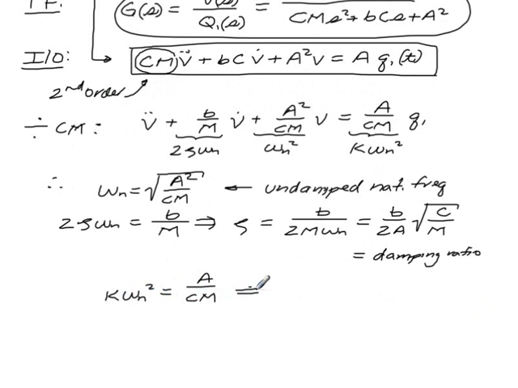So from this we see that the value of K is equal to 1 over A,